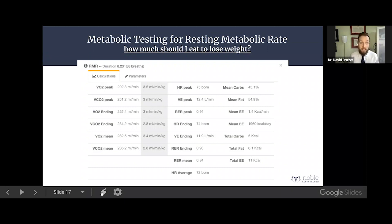What's really, really awesome is resting metabolic rate tests. And if someone in your city has this, send your clients to them so they can get their metabolism tested. What you're seeing here is an example of the numbers that are produced when someone just lies on the table and breathes into the machine for 10 minutes. On the right-hand side there, you'll see mean EE, which is mean energy expenditure. It's 1,960 kilocalories per day. And so after 10 minutes of lying on the table, or in this case, she did 8 minutes and 23 seconds, I